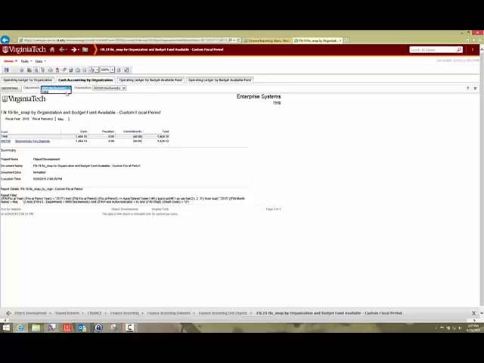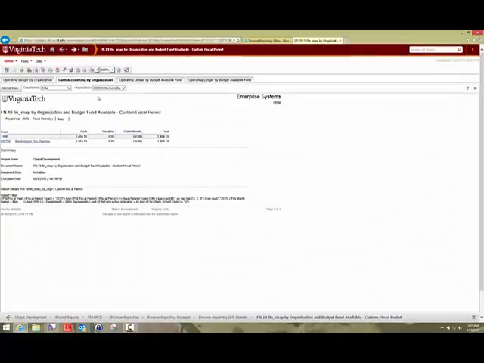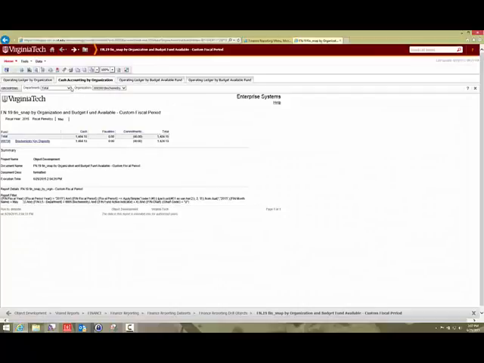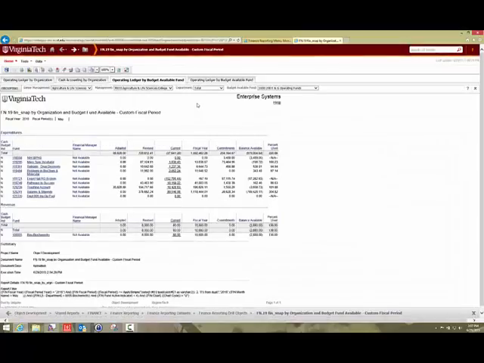Oh, yes, it does. Okay. And then there's the budget available fund. You can flip between the funds. So if you want to see your E&G fund, you can just pick it, and the report will just be on the E&G funds. Now, if you get to something that you really like, in other words, let's say you